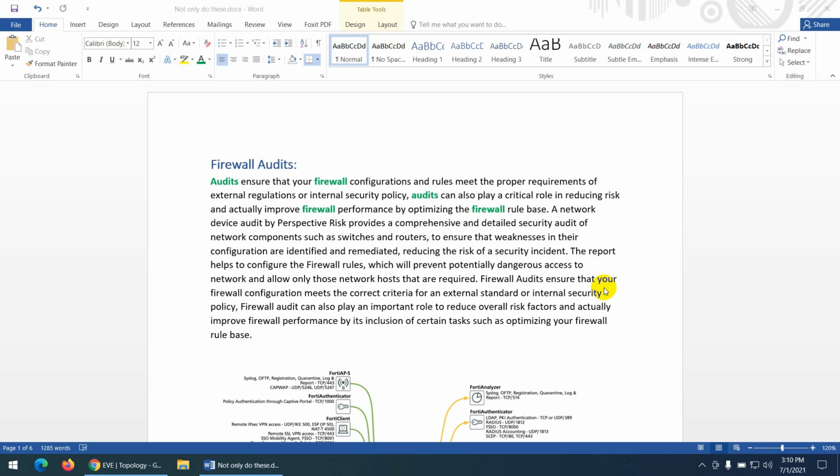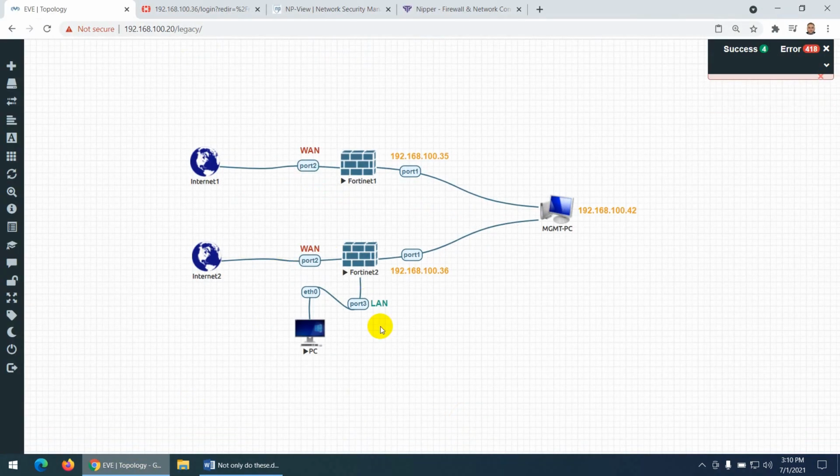You can do audit before the implementation. Or maybe if somebody deploys the firewall in the network and they request you to do an audit, you can do audit for them as well. Suppose I have a small network. There are two FortiGate firewalls, and I just want to check whether this configuration is okay, my policy is okay, and my device itself is secure or not. So for this purpose you can use an audit report.